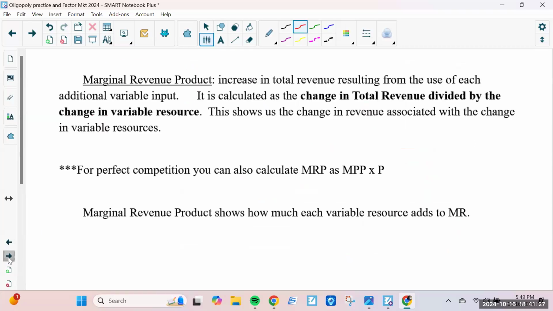All right, now we move on. I already defined it for you. There's a couple ways to calculate this. There are a lot of questions about this on the AP exam. If you're taking the AP exam,